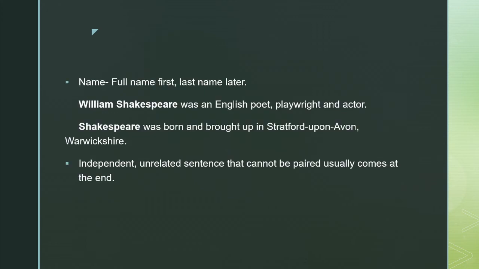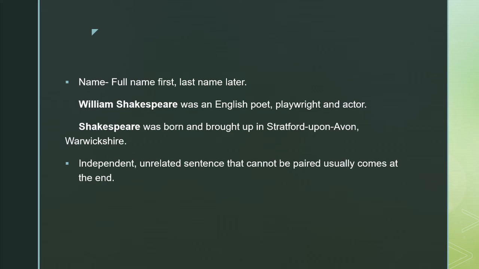And also here I have given names. That is, if there is a full name first and then there is a last name in the second sentence, like first you see a full name in a sentence and then you see last names mentioned in all the rest of the sentences, then you can say that the sentence where the full name was mentioned is the first sentence and that will be followed by the rest of the sentences. That is very important and that is actually a correct method. It will work all the time.